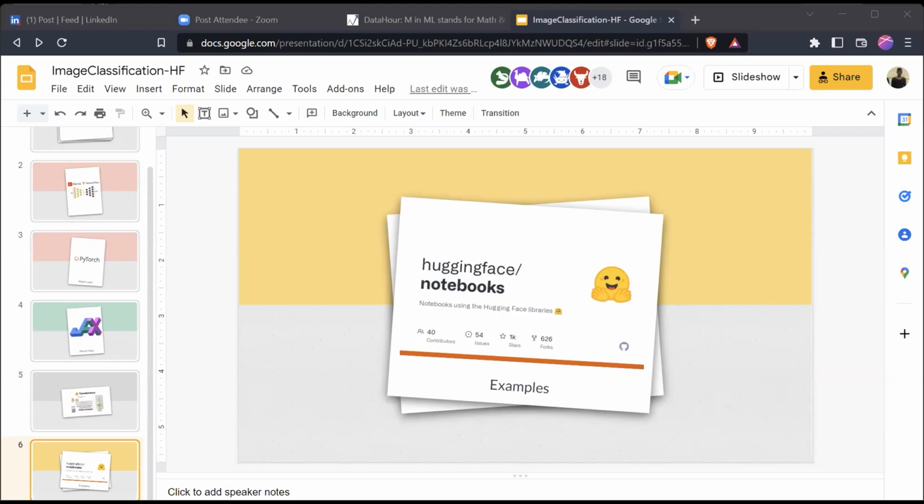So what is image classification? Extremely simple. When somebody shows you some picture, you should be able to tell what kind of image it is. That is image classification. Somebody shows you an image of a cat, the model should be able to tell that it is a cat. Somebody shows the model an image of a dog, and the model should be able to tell that it is a dog. Somebody shows the model my image, and the model should be able to tell that I am the person inside the image.